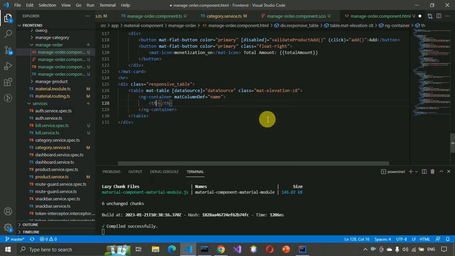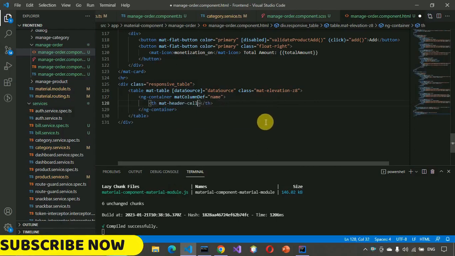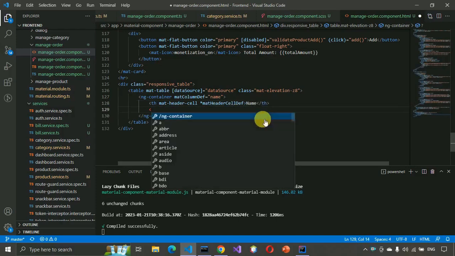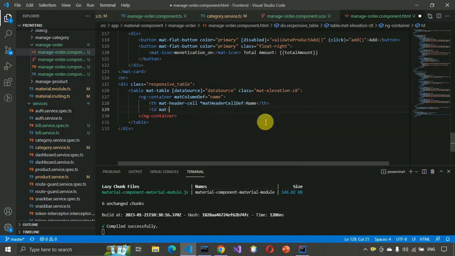And then mat header cell div, this one, and here we write name. Then td mat cell div, this one, let element,